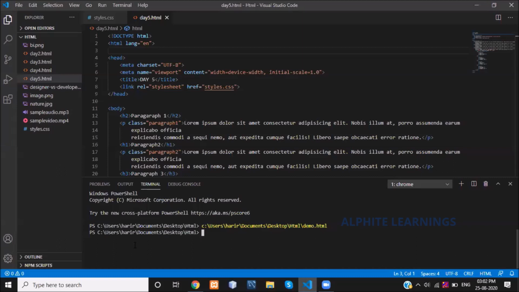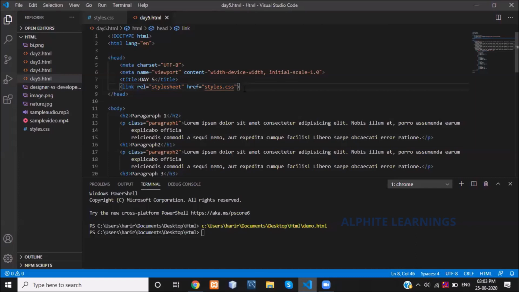For that, what tag did we use in the header part? We just inserted a line saying link. Link tag. After that, what is the three-character rel? It is relationship. What is the relationship between this HTML document and the linked document? My relationship here is style sheet. Style sheet is the relationship which I am going to link with my particular HTML document.